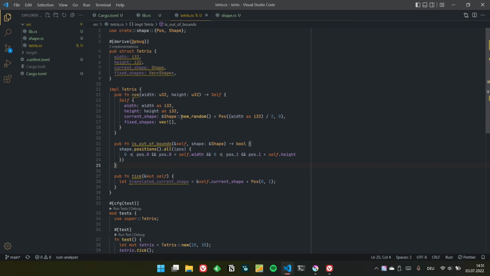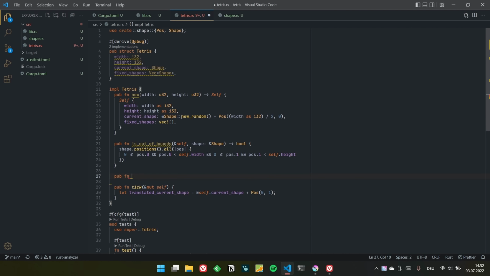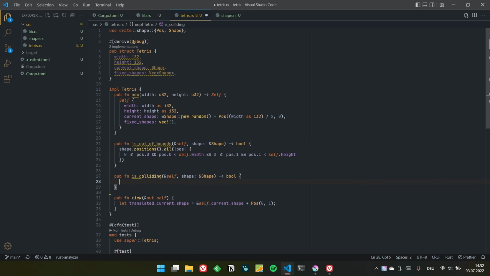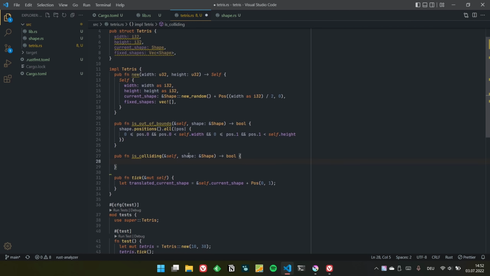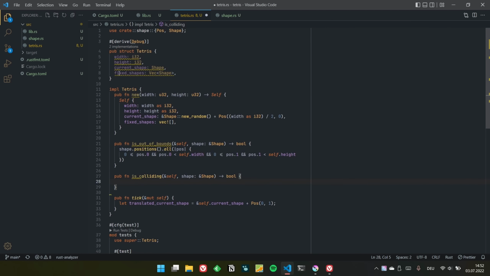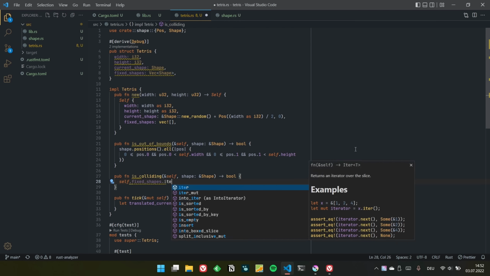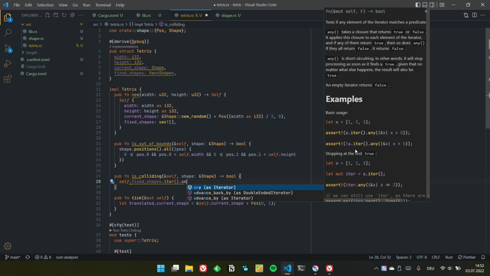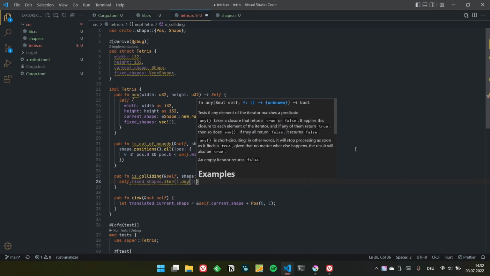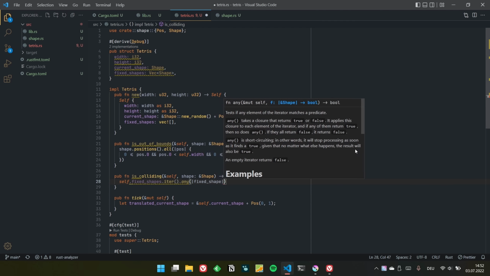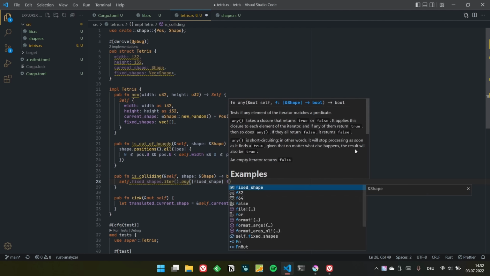And we would also need to implement something like is colliding, like a collision detection. This would check if the given shape collides with all the fixed shapes that are inside the game state. So we will get our fixed shapes, iterate over that, and we will look for any fixed shape which collides with our shape. And for that,